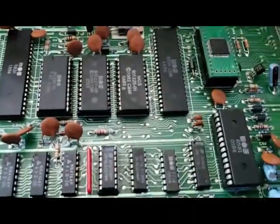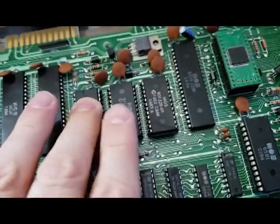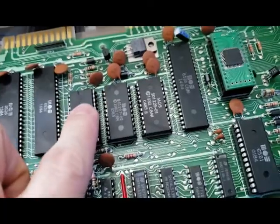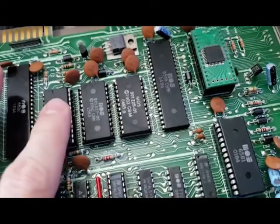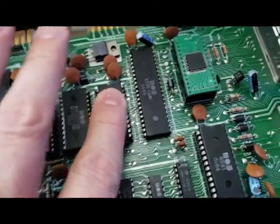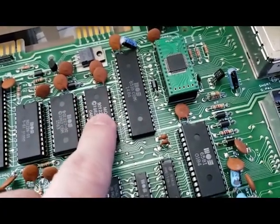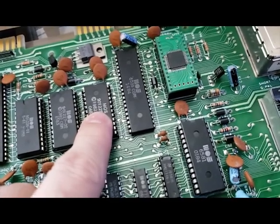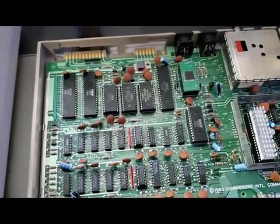Okay, so it's possible that none of those guys were bad, and I don't think that they're often the culprits when you have the problem that I'm seeing. It was just that I found these chips for cheap online, and I thought it would be worth giving them a try. I probably am going to put mine back in afterward, if I do get this fixed. But it was worth giving that a try,